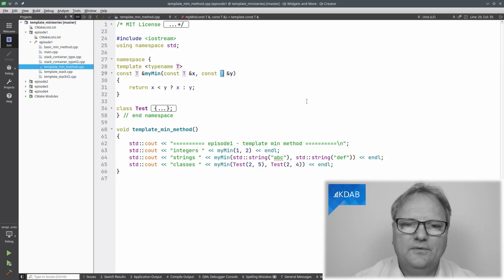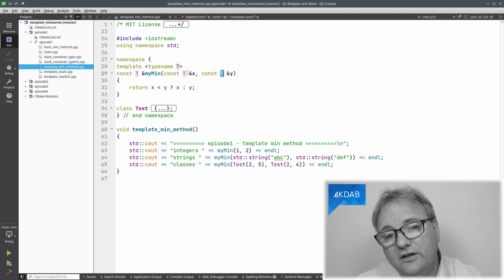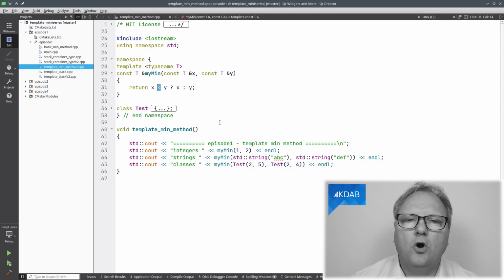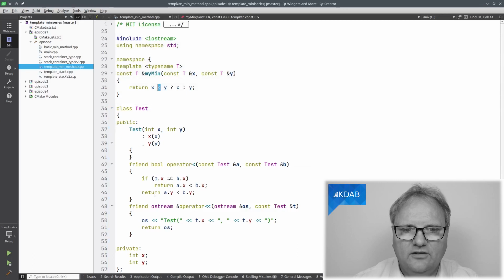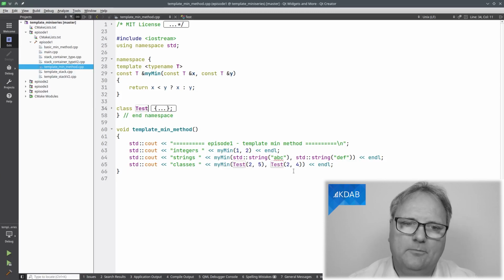And basically what happens is that if I give it integers, like I do down here with my int of integers, then T will be an integer and all of these will be integers. If I give it my int with string, then all of these T's will be std strings. Or if I give it with test, that's a class we have up here, then they will all be test. The only requirement is that my class actually implements the operator less than. If we open here, we'll see that I actually do implement operator less than. I also do implement the operator less than of O streams, but that's just so that I can stream out which of these 2 are the minimum.